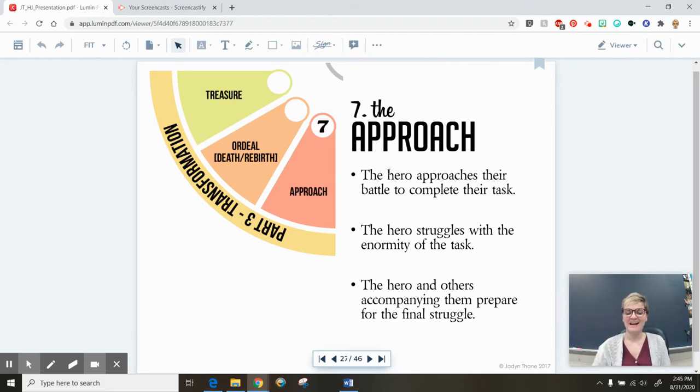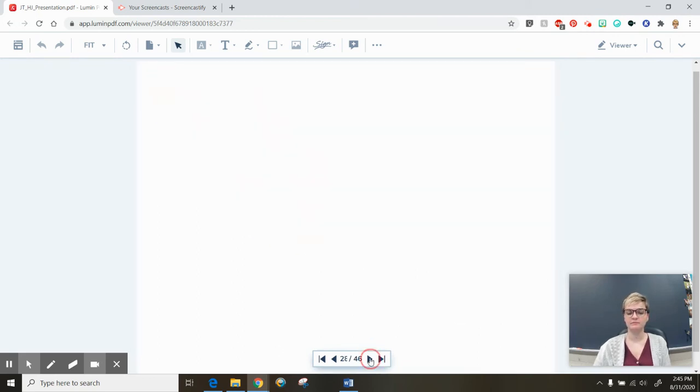Maybe it's the night before they're about to go to the dragon, and the hero's dealing with all of the stress of knowing that they're going to have to face something so terrifying. So usually the hero is struggling with the enormity of the task ahead of them. They're preparing, so maybe sharpening swords or studying spells. And the people who are helping them are rallying around them at that point.